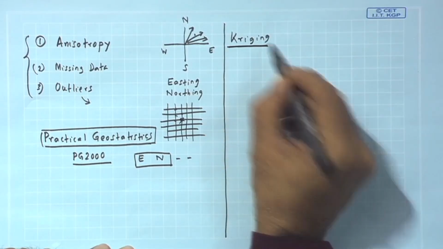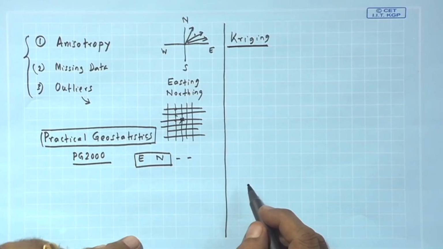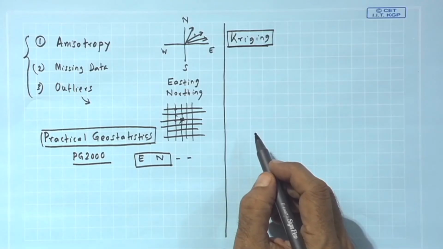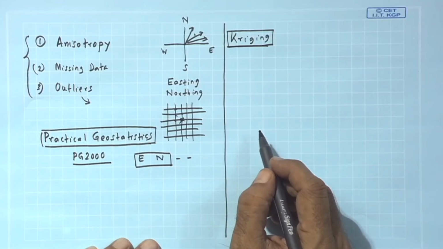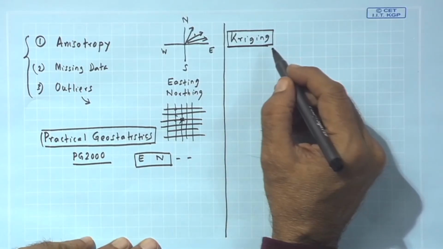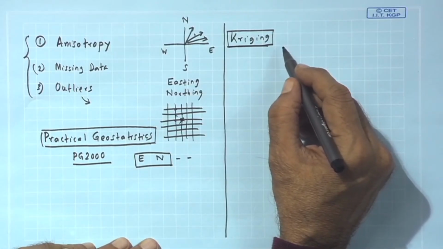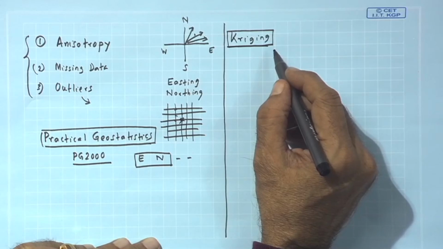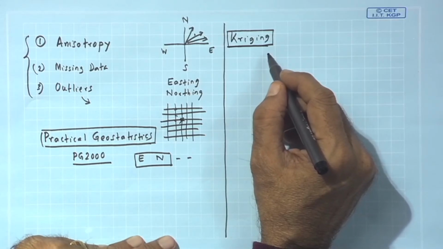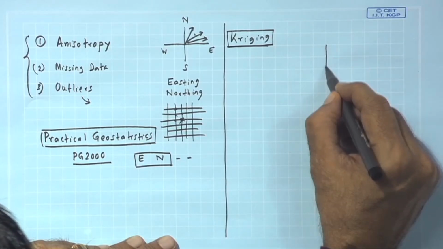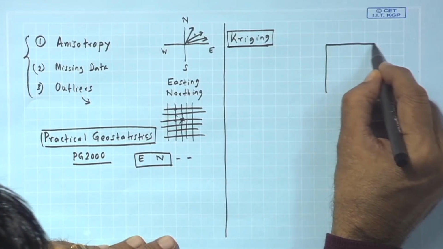So now coming to the estimation procedure, which is known as Kriging, by the famous person who pioneered this exercise, Krige. So let's look at what this exercise could be for estimation of the regionalized variable at any unknown point. Let's first consider